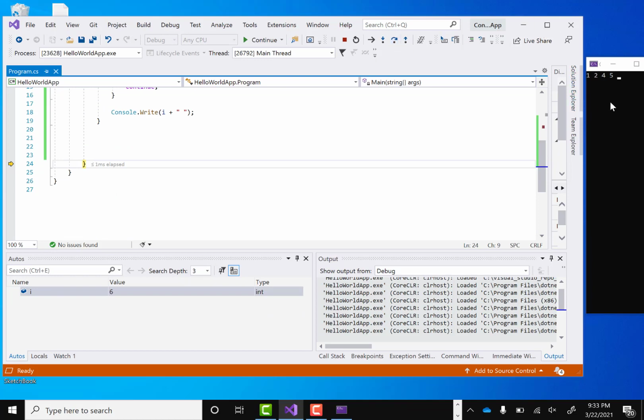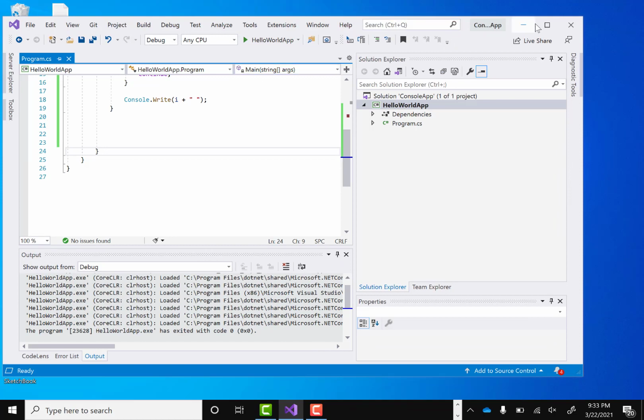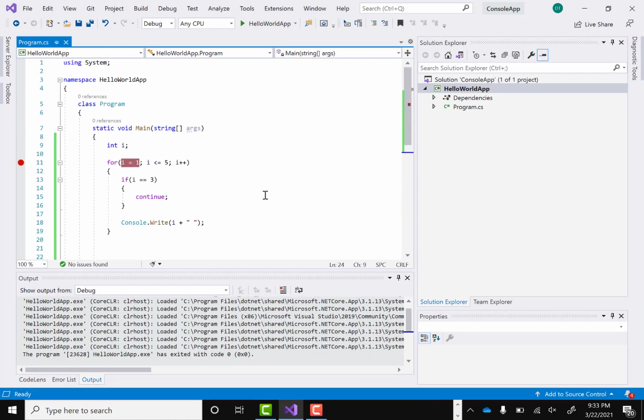Right? So this is what happens when you put the continue. Continue means don't print this, don't go ahead. Like I can also say this: if i remainder 2 equals 0, it means the value is even, then in this case continue. So what it will do, for the even values it won't print the value, only for the odd it will